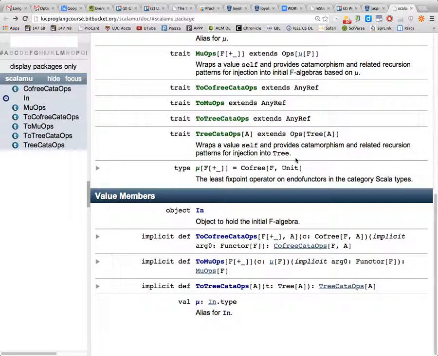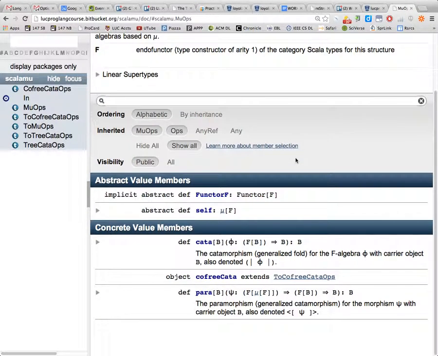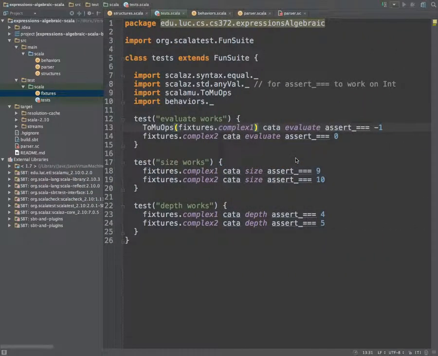We give it one of our test fixtures, and it converts it to a result of type MuOps. And because we saw that MuOps has a catamorphism, we're fine. So now we have the kata, as long as we explicitly apply the toMuOps method. Now, why does it work without